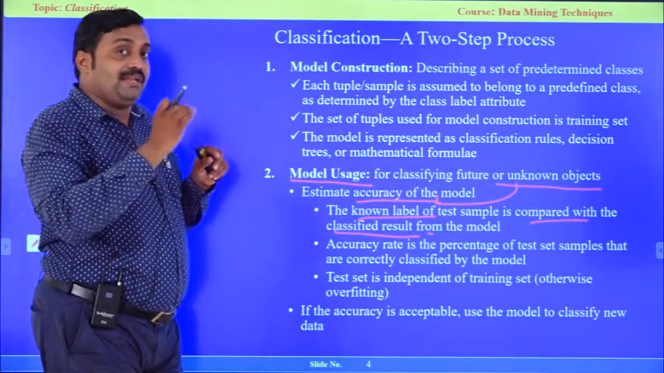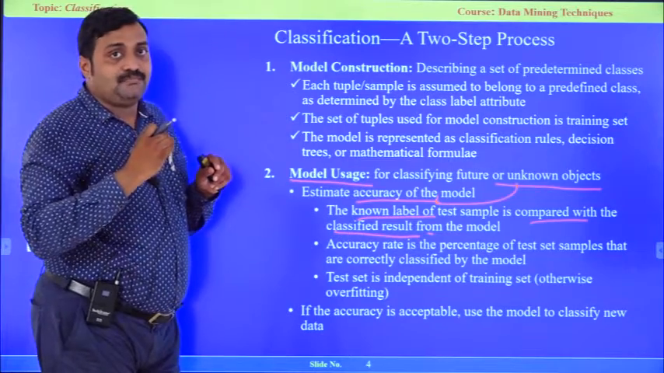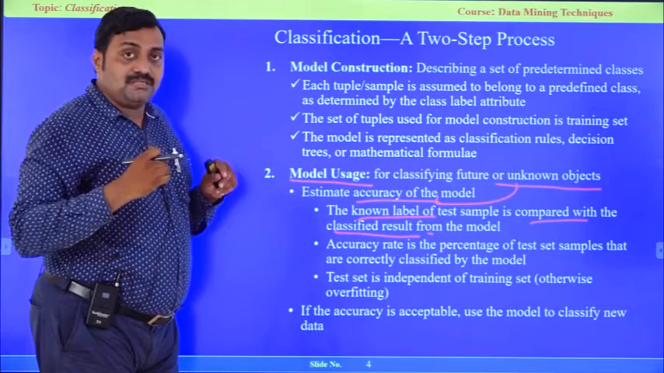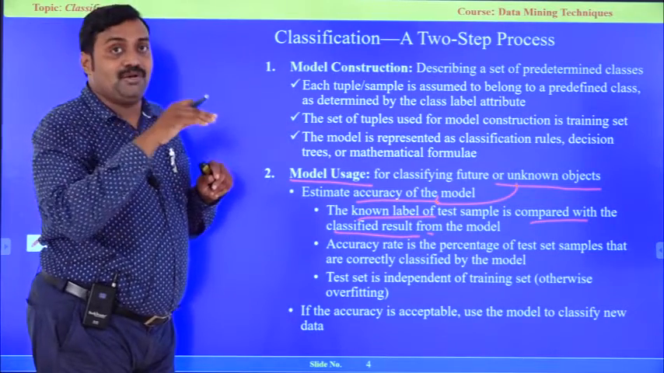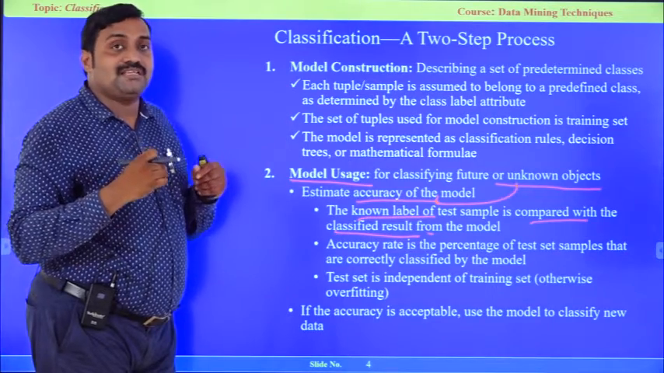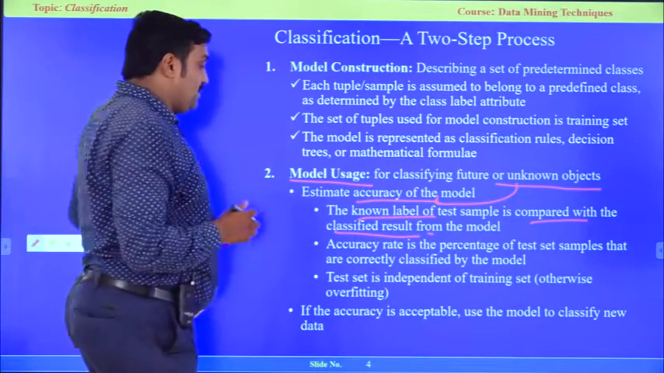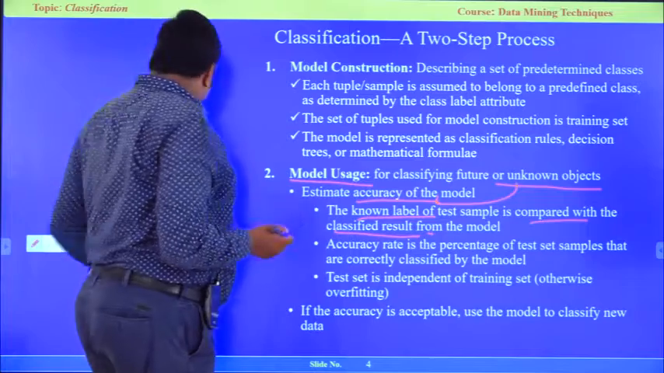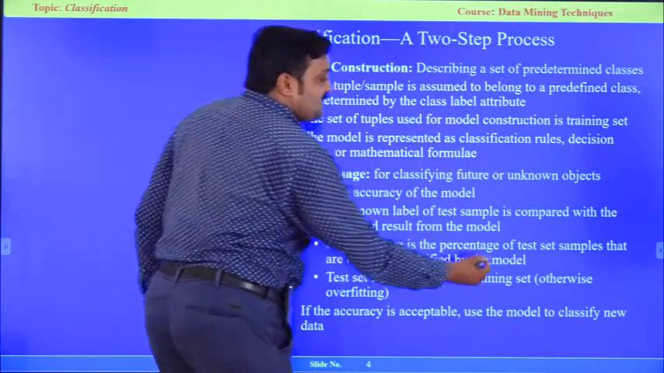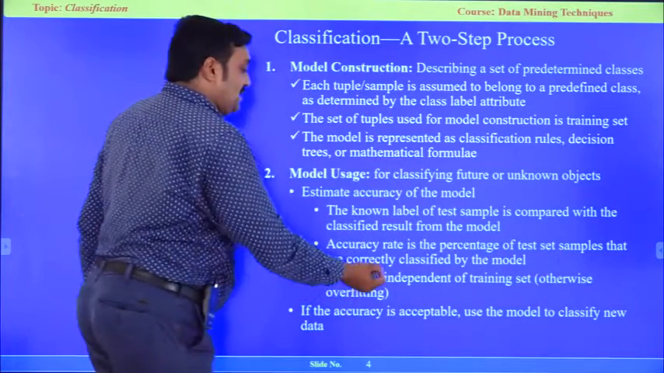That means we are taking a piece of data from the existing database, having some labels, and checking it with your trained model. If you are getting perfect accuracy, then we can say that the model is good. Okay. Simple accuracy is nothing but the percentage of test set samples that are correctly